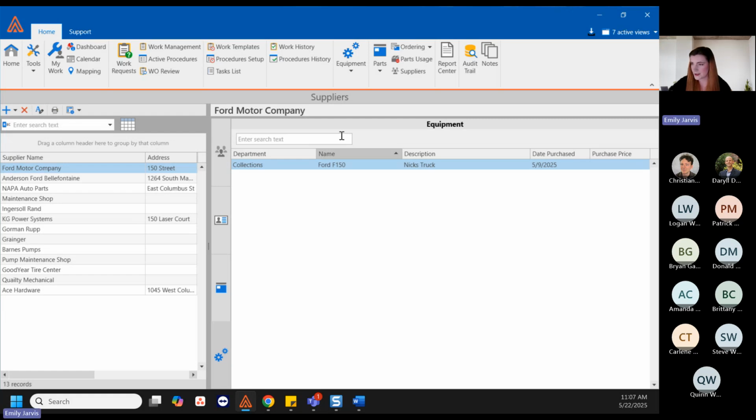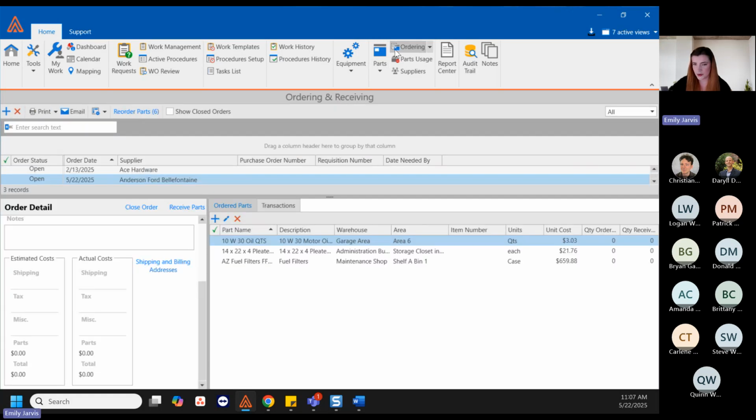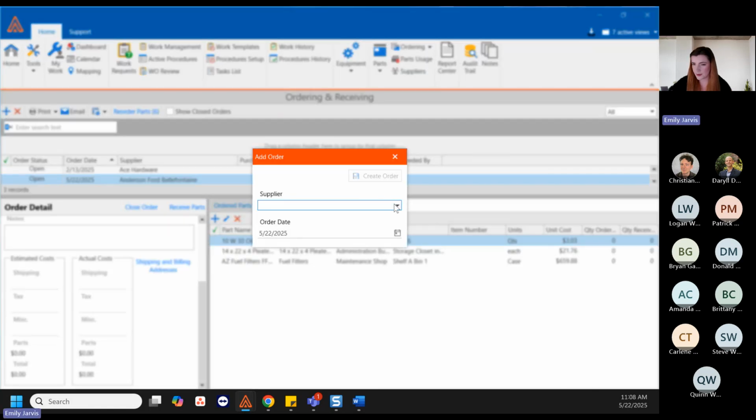So related to suppliers is the ordering section. Ordering and receiving is the section of Antero where users can create purchase orders and track and receive the parts ordered. To use the ordering feature effectively, you will need to already have set up your supplier list and created the parts you intend to order. Creating an order is a simple process. You select the create icon and choose the supplier. You can populate details for the purchase order,